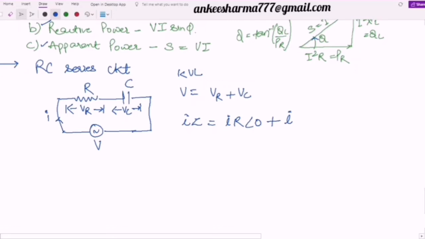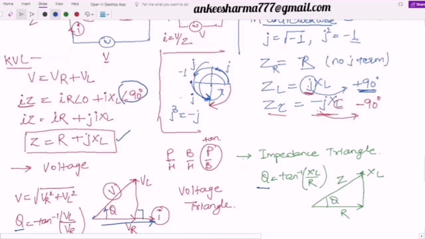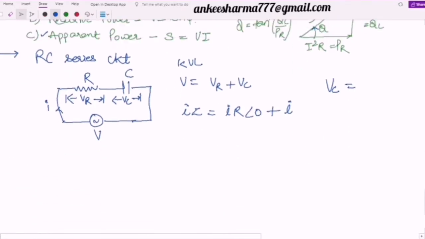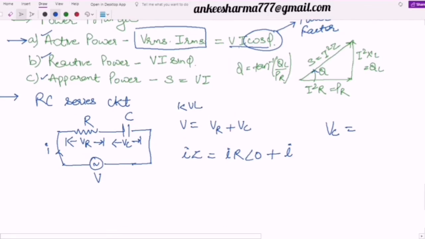What will the voltage be here? If I compare it with the earlier case, if I have to find the voltage VC, in the case of VL, you said that VL is nothing but j into I into XL. So I is obvious, that is the current flowing through it. If I look at this j and XL, what are these? j is for this 90 degree phase shift, and XL is for the impedance provided by it. So here I is the current, the impedance provided by it will be XC, and the angle is, what is the angle? It is minus 90 degrees.